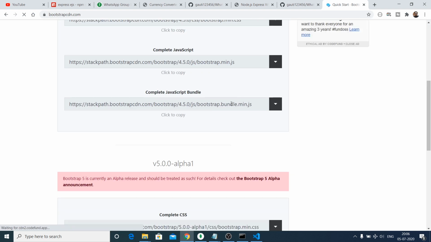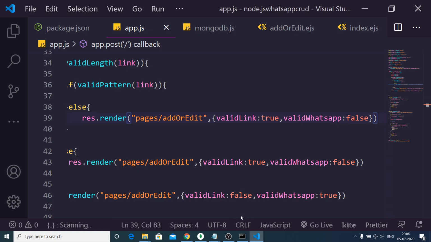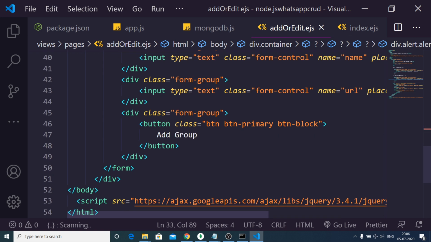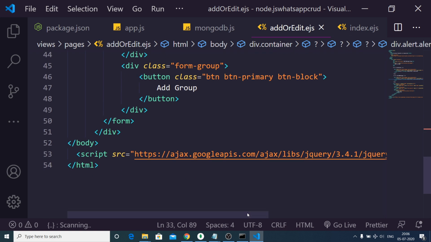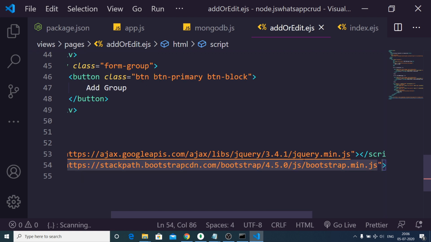So here, this will be the JavaScript one. So copy it and go to your template here. And just after the jQuery, you need to paste it. Sorry, just make a script tag. In the source, paste it.